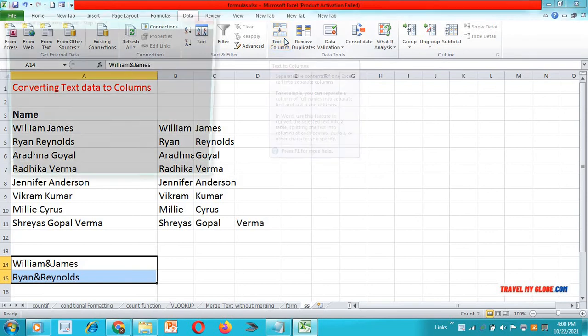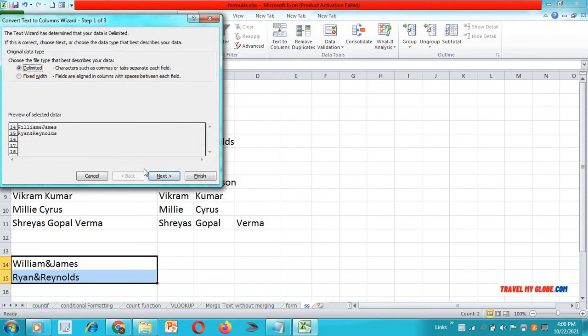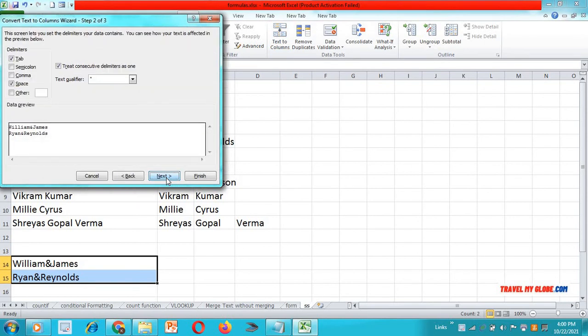Just go to Text to Columns and then go to Next. Then you will see there is no space, there is an ampersand sign. So click the checkbox of Other and type Shift+7. Your ampersand sign will appear.